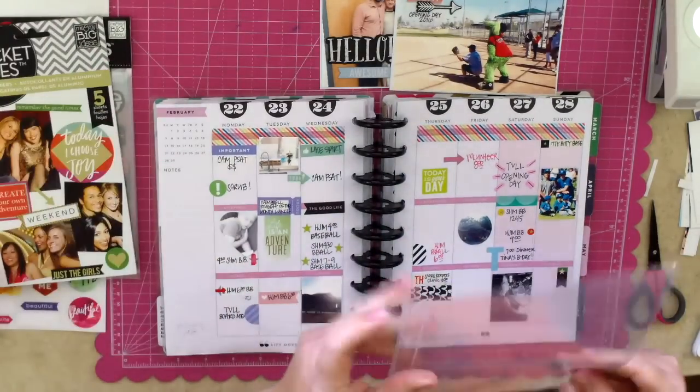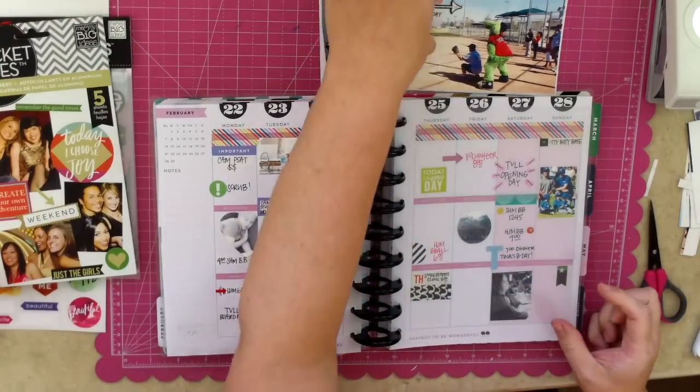So now I can just go ahead and add my page protector and add my photos, and I am finished